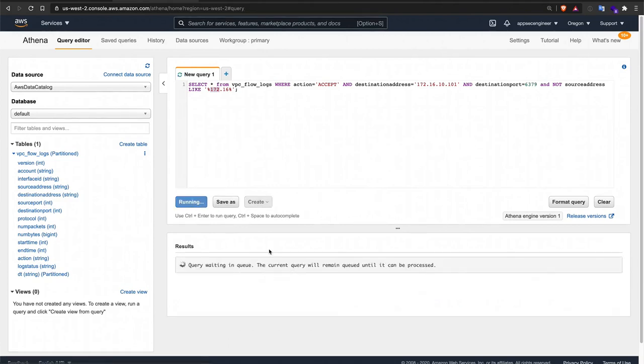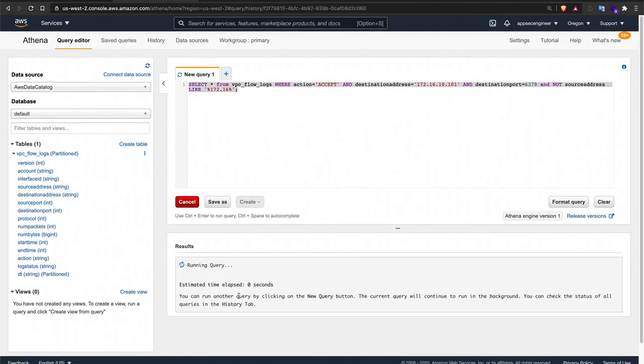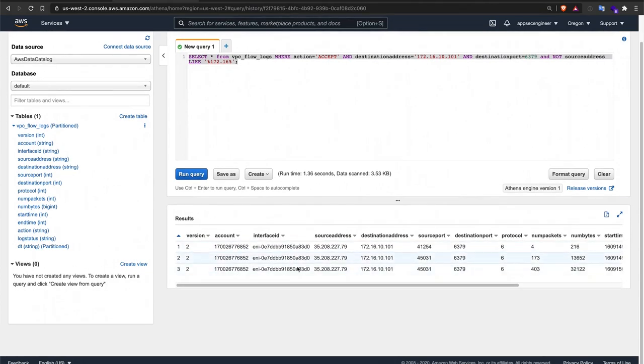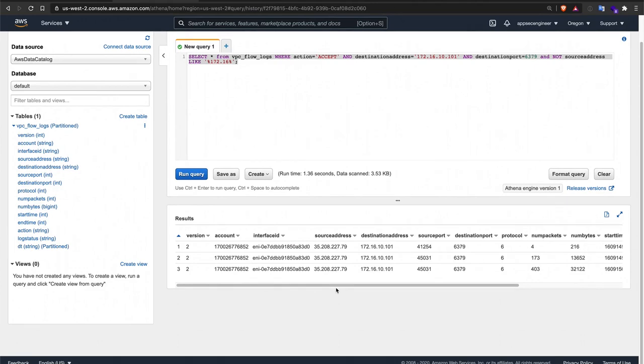And when we run the query, you will see that the query gives you this particular response. It tells you that, hey, you know what? Somebody from this source address is accessing Redis on port 6379, and this is all accepted traffic. So you can see that we've been able to identify that somebody outside of the network who's not supposed to be accessing this has had access to this and has been communicating successfully with the Redis database.